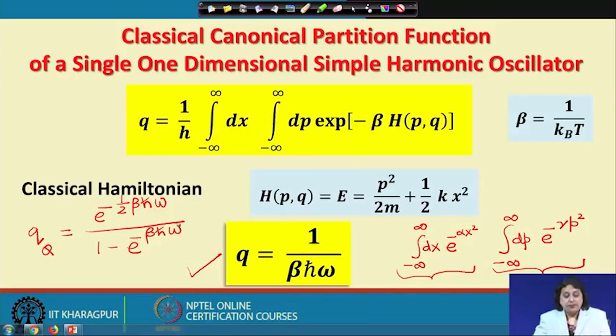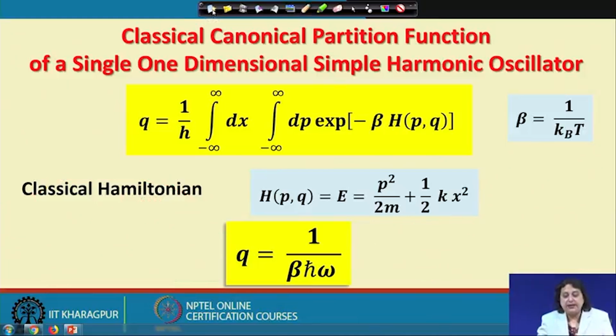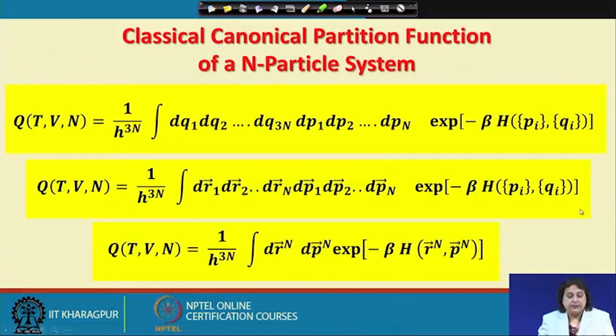So, the requirement is that in the limit where quantum effects can be neglected, this expression must go over to this expression, and I leave it as an exercise to you to show that in a limiting value of beta, this expression indeed goes to the classical expression. Okay. So, that tells me that yes, what I am doing is not wrong, it is certainly a feasible exercise,